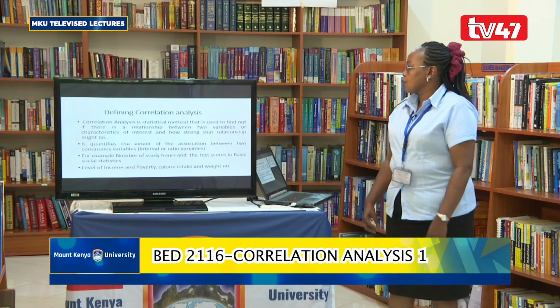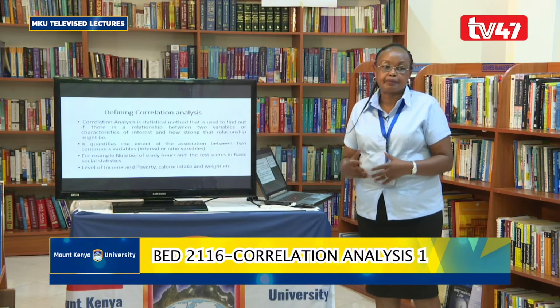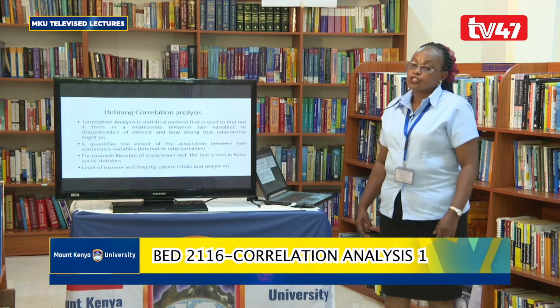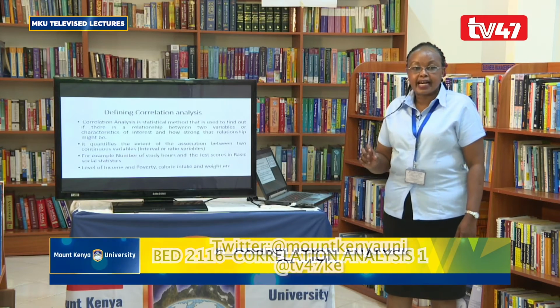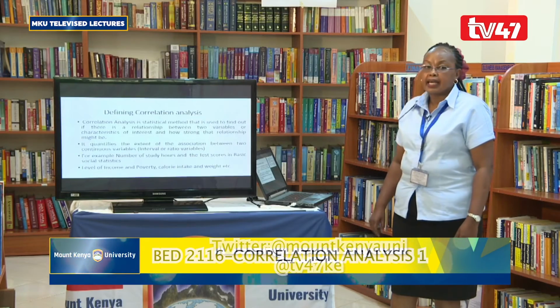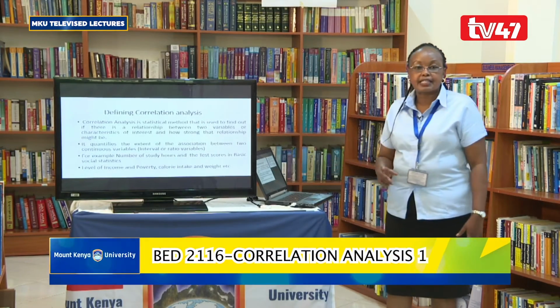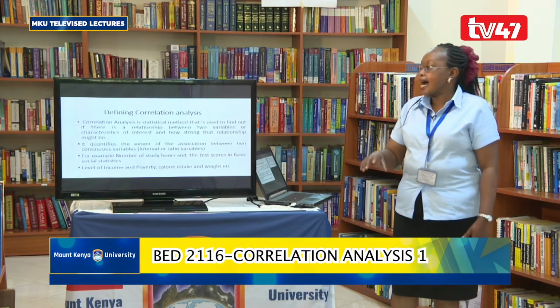It also helps us to be able to know how strong that relationship might be. It also, at some point, helps us to be able to quantify the extent of that association between the 2 variables. And please note that our variables or characteristics of interest must be measured in what we call the interval and ratio